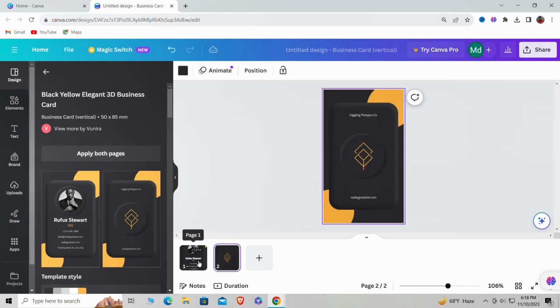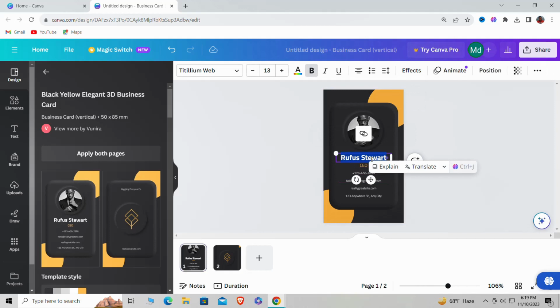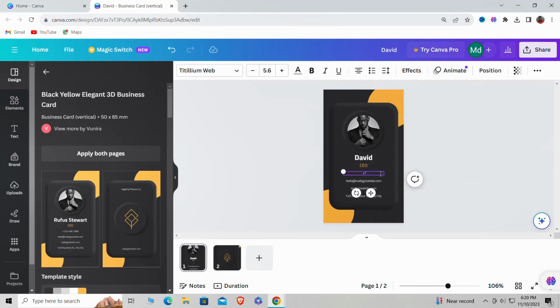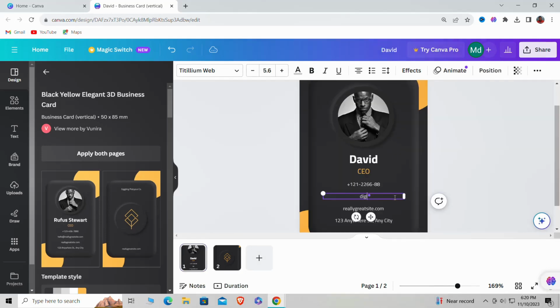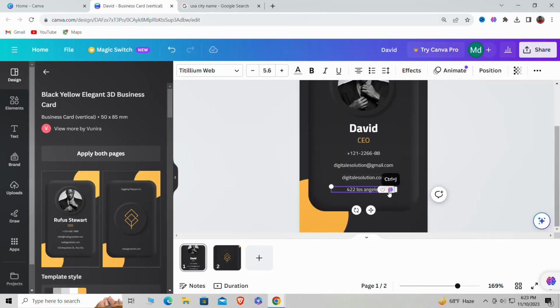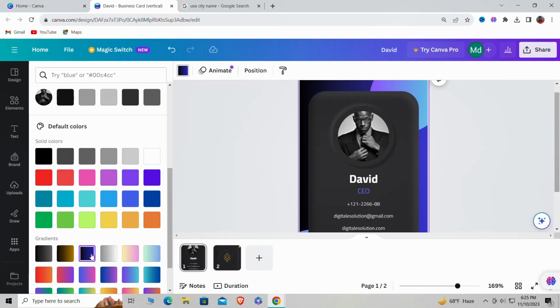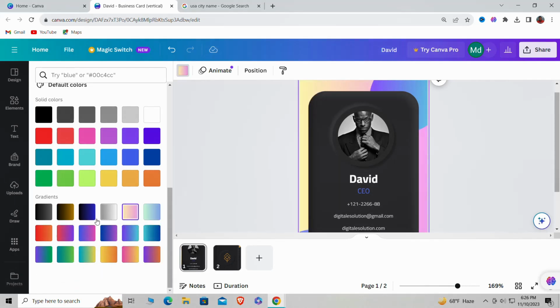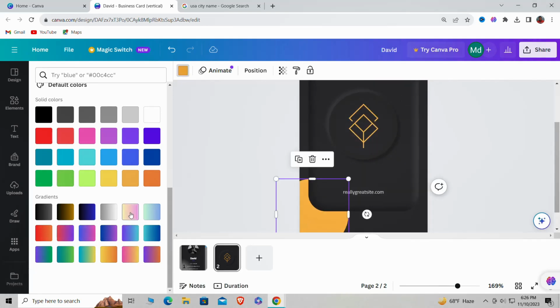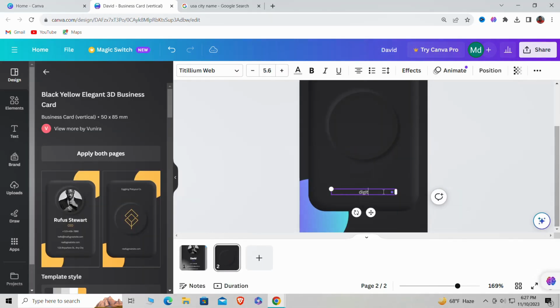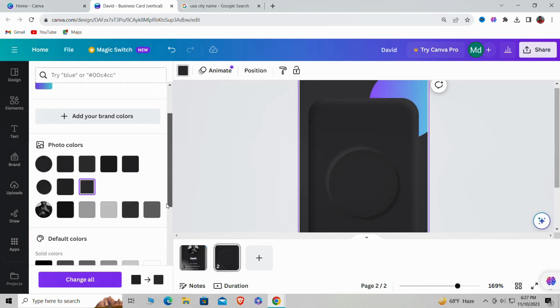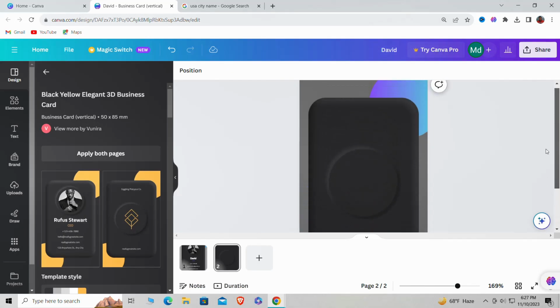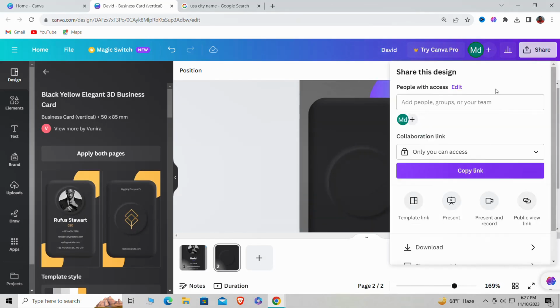Now double click to change the name, font, email, address. I will change the color, change another page in the same way. I will change all the information and click on share